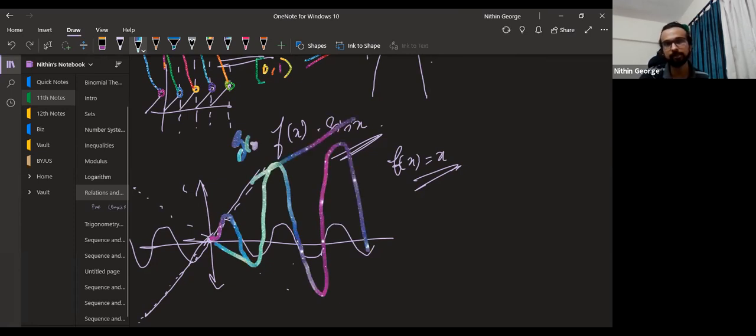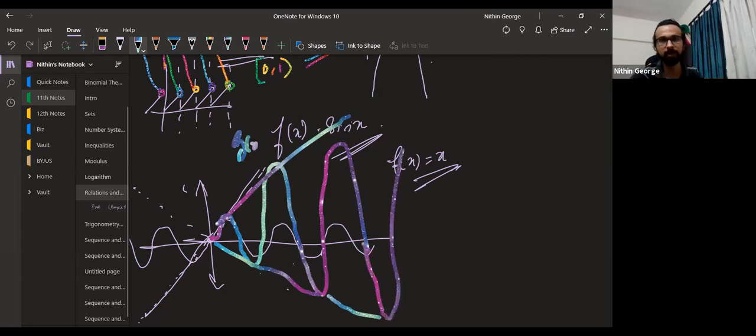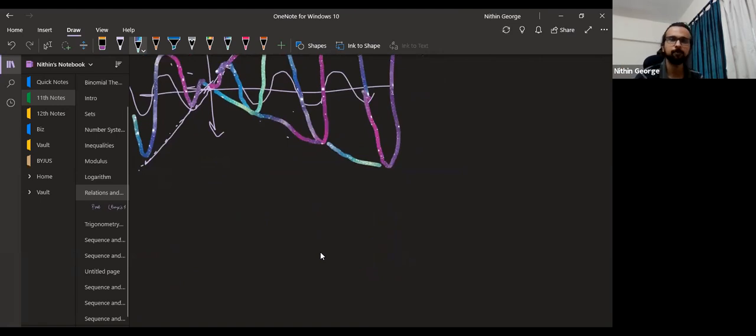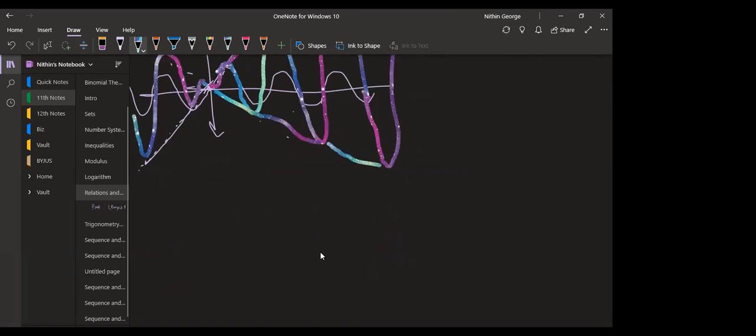You use f of x equal to x and f of x equal to minus x, which act as an envelope. And inside that, sin x keeps varying. Sin x makes the whole thing vary, even on this side. There'll be negative value, positive value, negative value, positive value, and so on. Are you understanding how we form the graph here? No, sir. Don't understand? Okay.